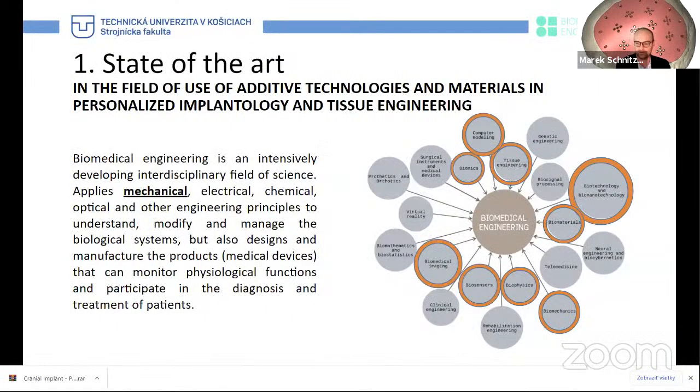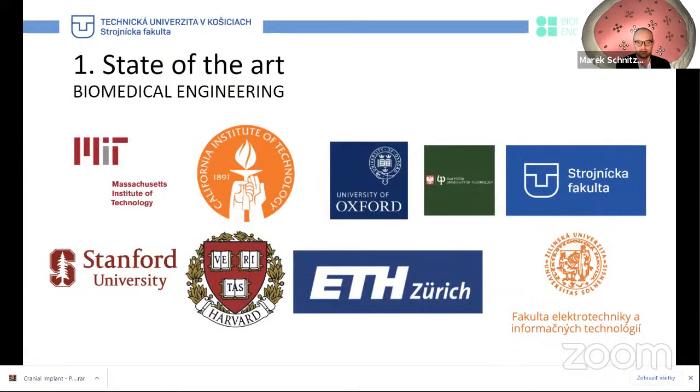Relations like computer modeling, tissue engineering, biophysics, biosensorics, and it applies mechanical, electrical, chemical, optical, and other engineering principles inside biomedical engineering. Let's say the department or the biomedical engineering branches are broad